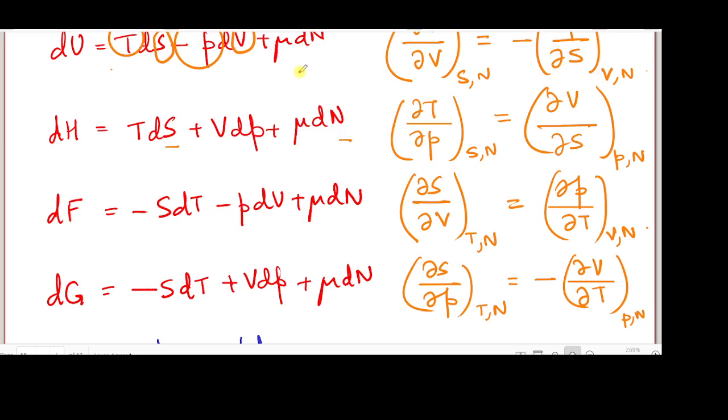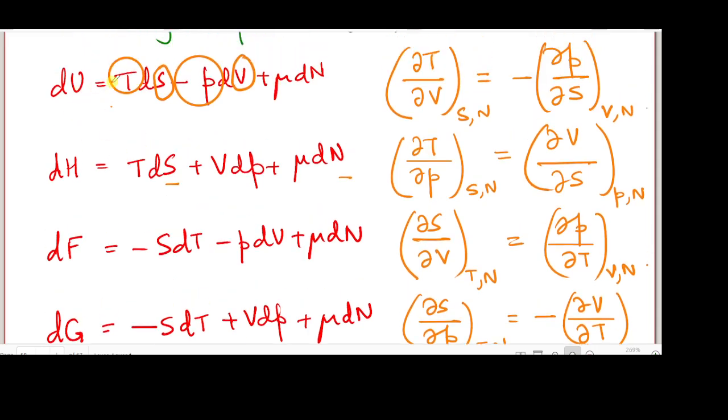Well, we did not involve derivatives involving μ in this, which we could have. For example, dU is TdS minus PdV plus μdN would have told you that ∂μ/∂S at constant V and N is the same as ∂T/∂N at constant S and V, and so on. But we will not really focus on derivatives involving μ because we have one more relation, the third category, which